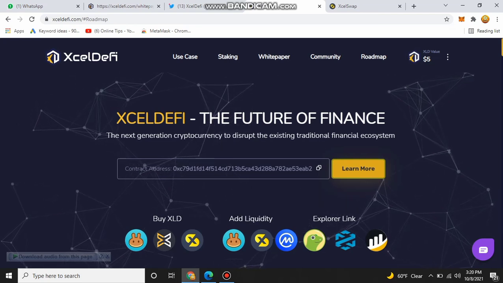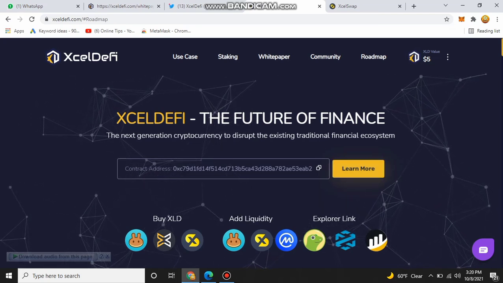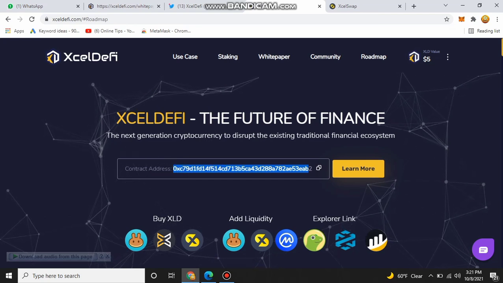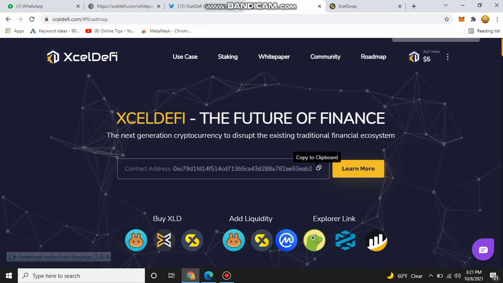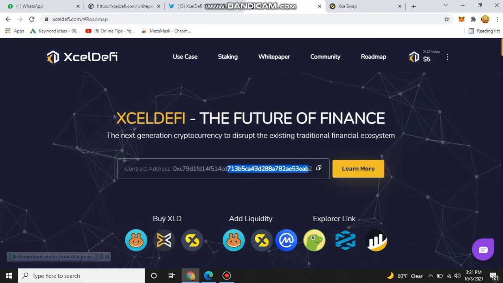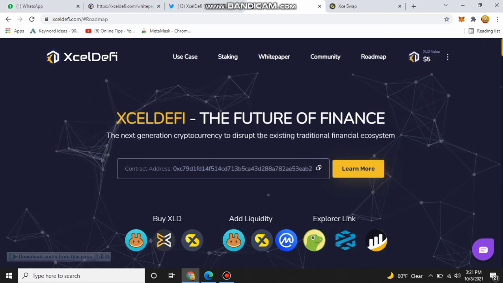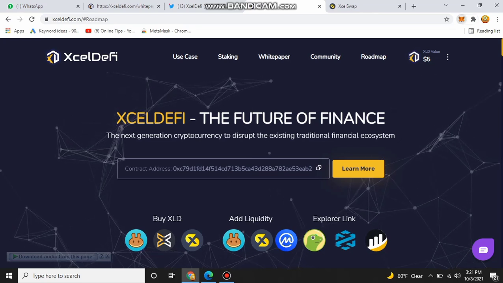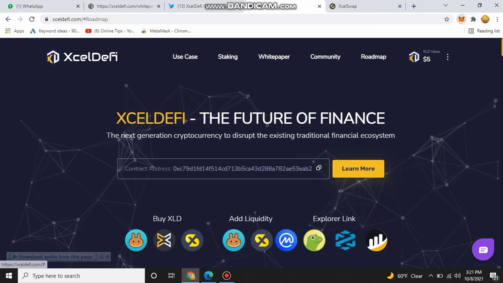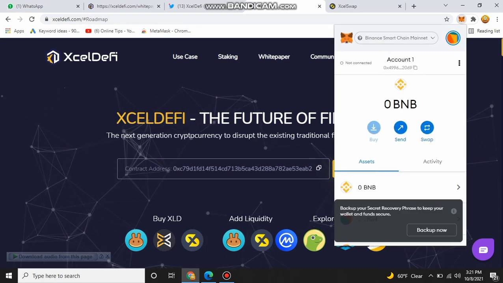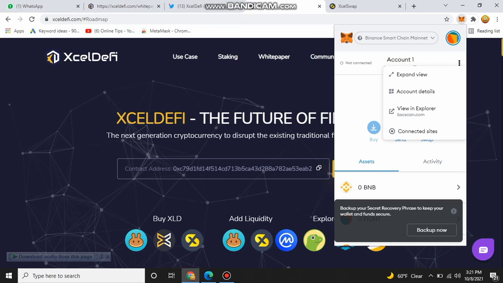Here you can find their contract address. If you want to add their token, you need to copy their contract address and paste it in your MetaMask or other wallet. Then you will find their token in your MetaMask. So you need to open your MetaMask first. After opening the MetaMask, you need to expand the view.